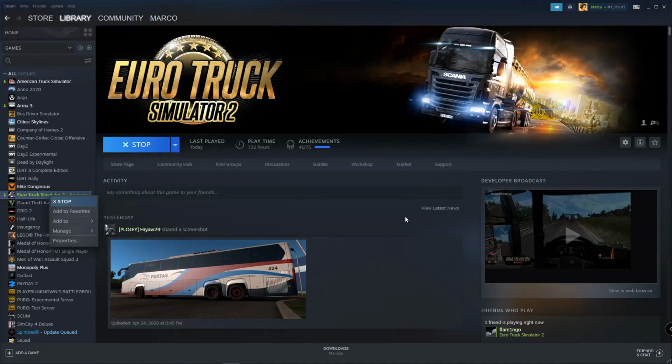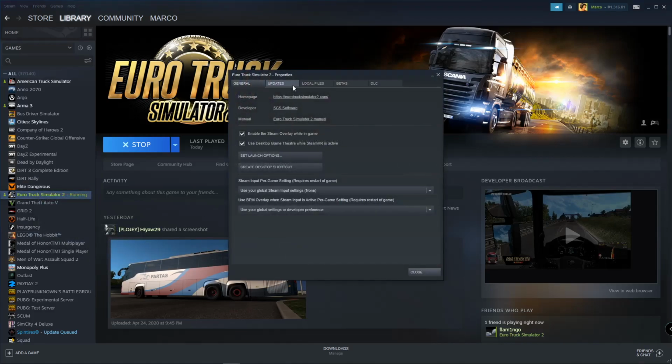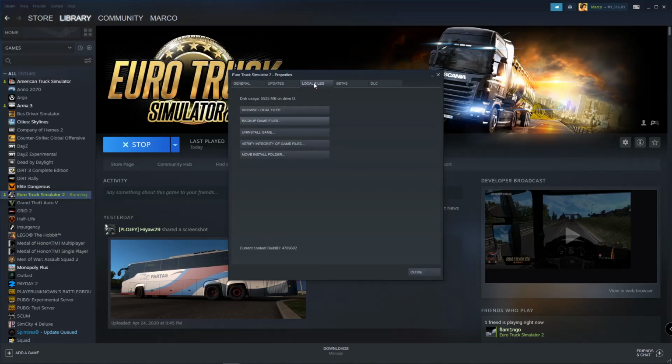Once you're done installing your game, I also highly recommend you verify the integrity of the files. Just go to properties, then local files, then verify integrity of game files. Currently the game is running, so it will not be scanned. It will not be verified. So you need to close the game to verify integrity. I recommend you do that